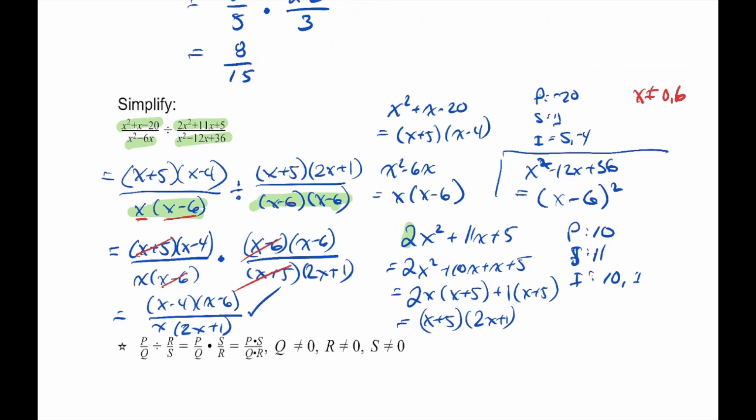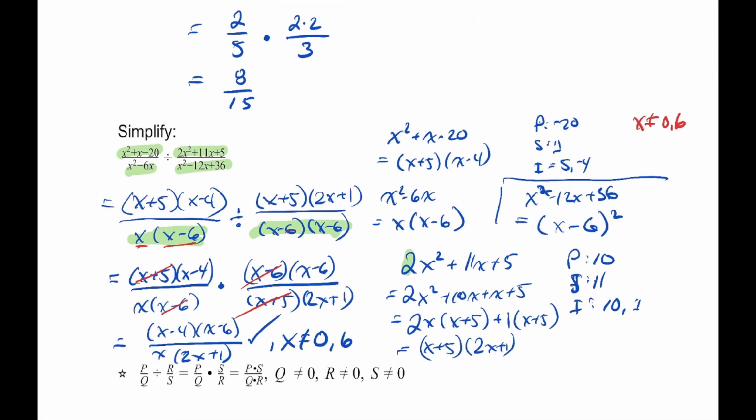The last thing we need to do is state our restrictions. So in this case, x does not equal 0, and x can't be 6. But we have to take a second to look at this division because it's not as straightforward. One thing that we do understand is that the denominator of our fractions cannot be 0 because we cannot divide by 0. That's what the fraction means. Well, because we're dividing now, it's a little bit more tricky. Because when we're dividing, that means this entire